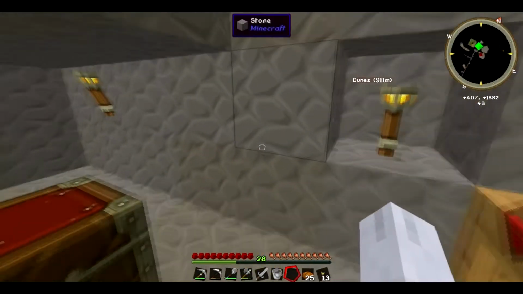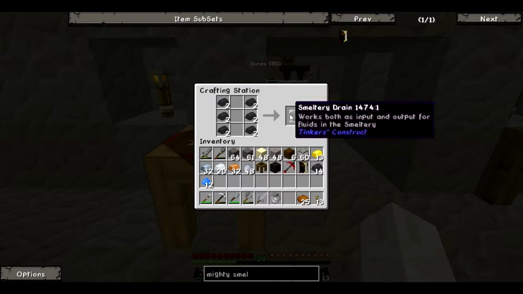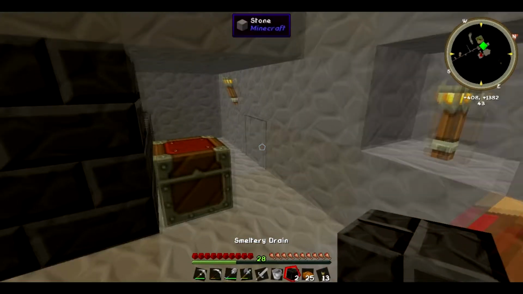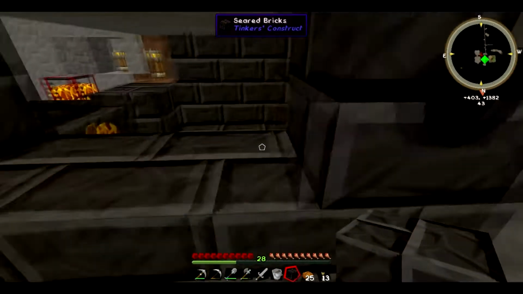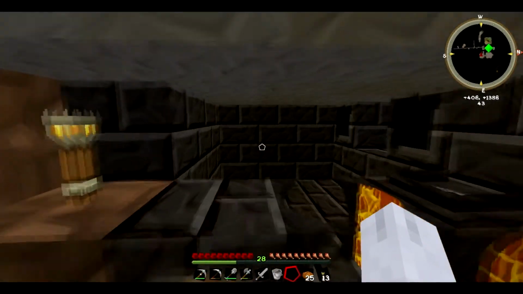What we need now is we are going to make 2 smeltery drains, which are made like so. And we want those to go here and here. You don't have to build the smeltery exactly like this. It can be, if you read the